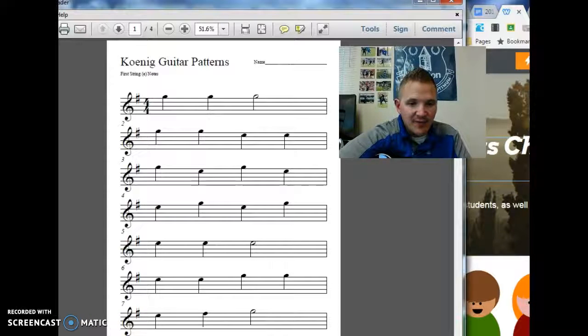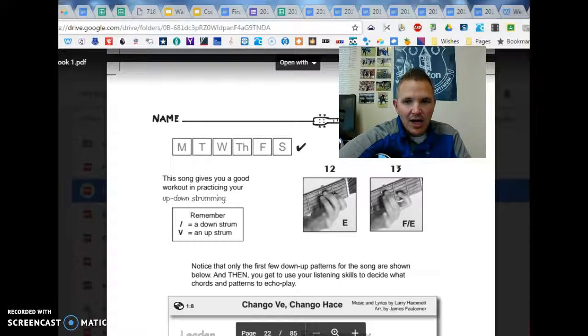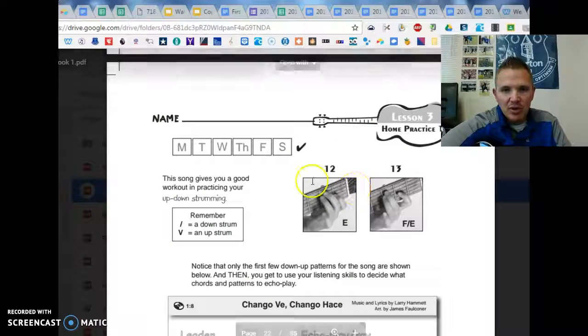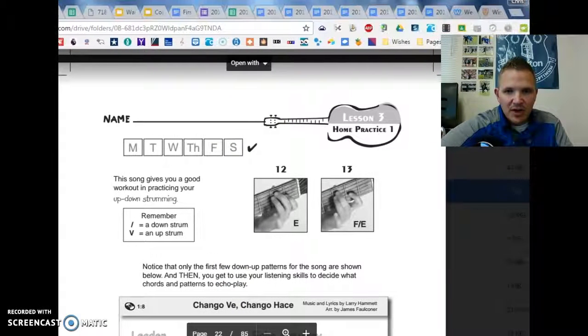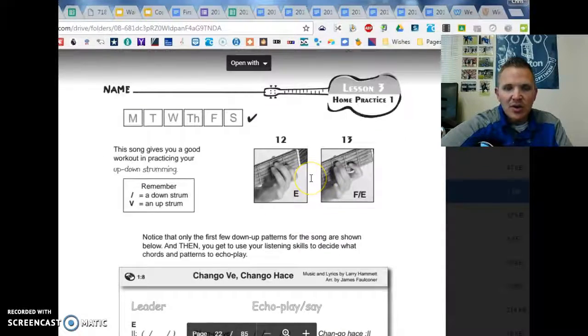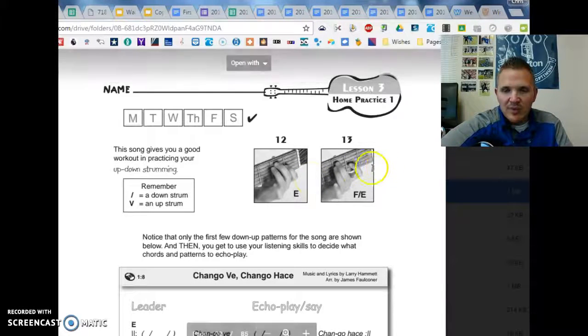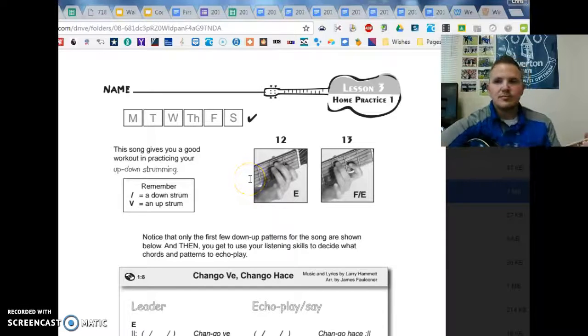All right, finally, before I sign off, I'm going to come over to the MIDI for Kids book work here. We did a song called Chango Ve, Chango Ase, Monkey See, Monkey Do. I'm going to move on over here so that I can have both me and the book in the view here. Oops. So in Chango Ve, we're going to be using the E major chord, which is indicated here,